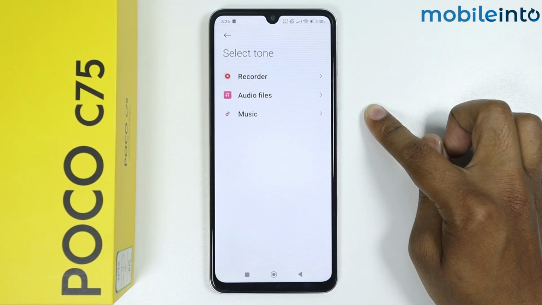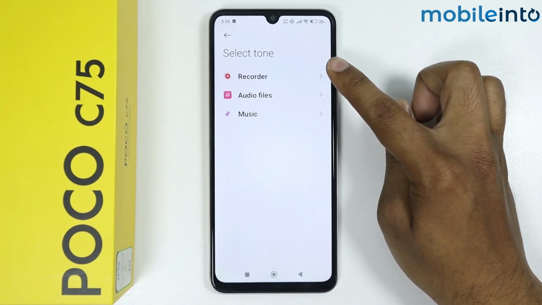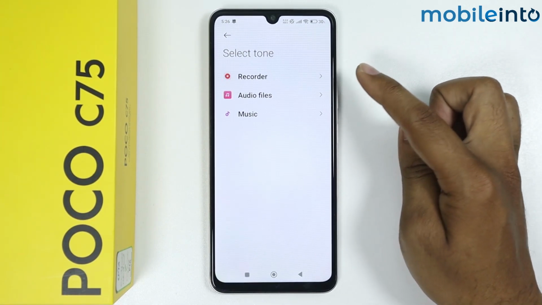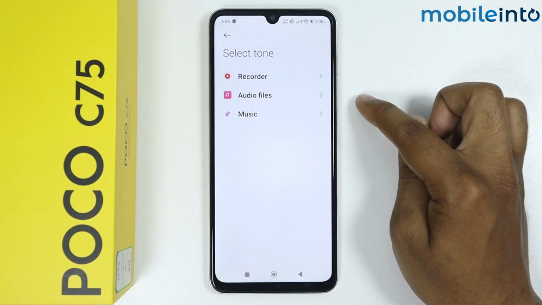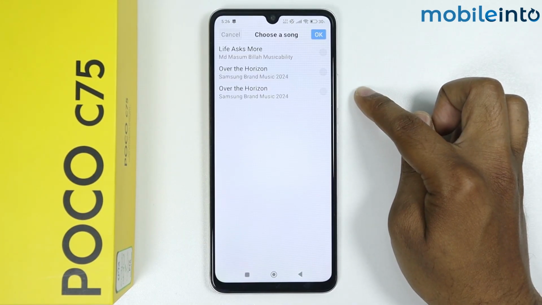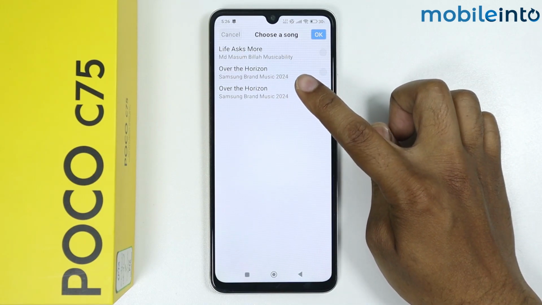Now here you get the three options. If your ringtone is in recorder, then you can simply tap on recorder, or if your ringtone is audio files, then you can simply tap on audio files, or if your ringtone is music, then you can simply tap on music. Let's say I will select over the horizon music,